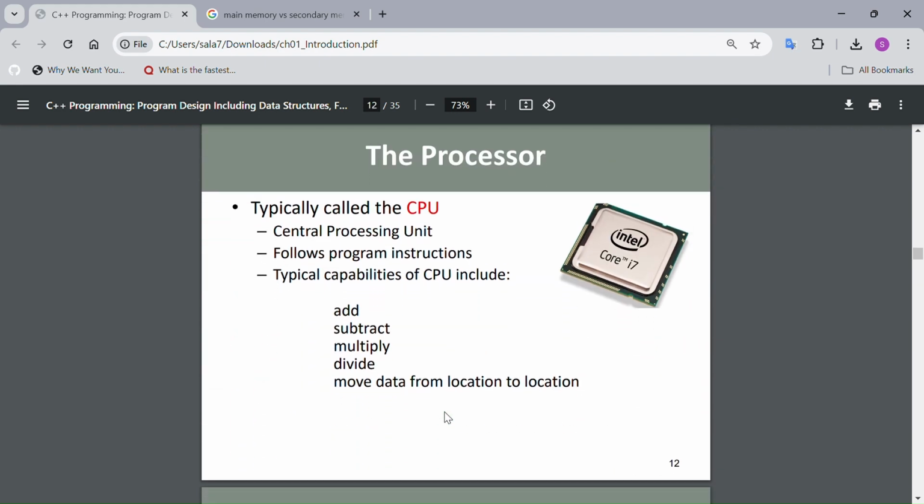And now let's go to the processor. Now typically called the CPU, it is the central processing unit. The processor, CPU, stands for central processing unit, which follows program instructions. Typical capabilities of a CPU include adding, subtracting, multiplying, dividing. And also it can move data from location to location. So these are the main